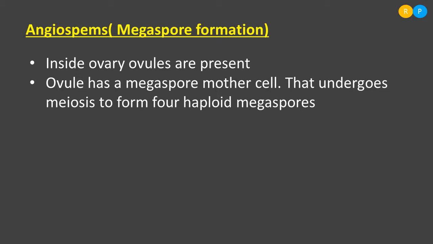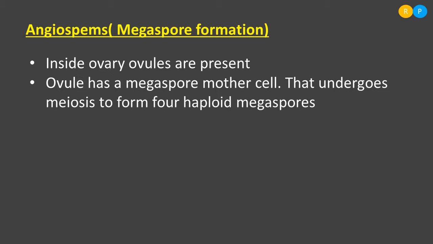This cell undergoes meiosis, that means reductional division takes place in the megaspore mother cell. So, as a result, what will form? It is going to form 4 megaspores. The megaspores are haploid spores. Clear? Because they are formed by meiosis taking place in the megaspore mother cell. As a result of this, 4 haploid spores will form. Those 4 haploid spores are nothing but megaspores. Understood? So, this is the first stage of development that can be seen in the ovule.